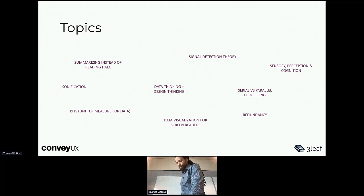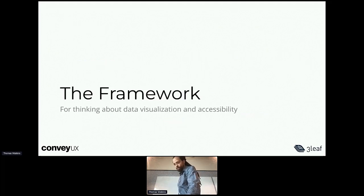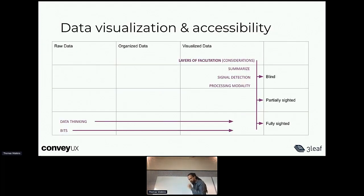But if we organize it in a framework like this, right now, for people who are not seeing the slide, I'm showing a grid table where, left to right, it's kind of a diagram. Left to right, we're going from raw data all the way to a visualization, all the way to making something easy to interpret. And then going up like rungs of a ladder from the bottom, we're starting at sighted people at the bottom, where we need to get at least the basic level achieved,